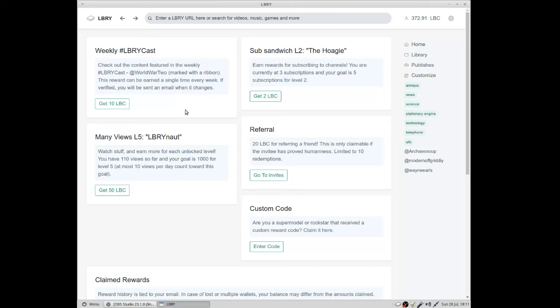Now this will be different for different people. When you first come to the platform, you'll have a lot more options of things you can do to earn rewards. But because I've done a lot of those things, the ones that don't reoccur have disappeared off this list. But you will be able to get a couple of hundred credits quite easily on LBRY. And one way you can get credits on an ongoing basis is the weekly LBRY cast,